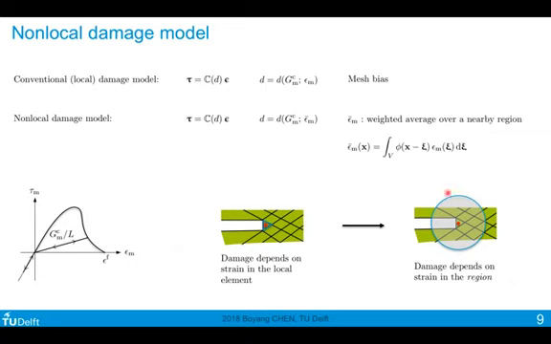And the advantage of having a non-local definition of strain for the evaluation of a damage variable is that now the evolution of the damage variable is less dependent on the underlying mesh, because you have a so-called fixed radius, and regardless of how your element is designed and aligned, as long as the radius of this region is large enough, you have a pretty much unbiased evaluation of your damage variable. So using a non-local method, it is possible to overcome the mesh bias that appears in a local method.